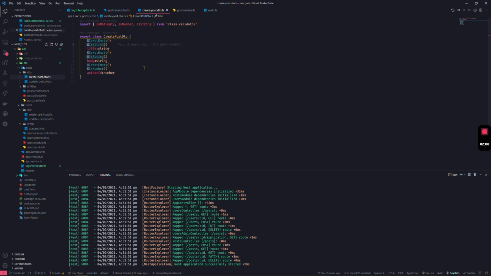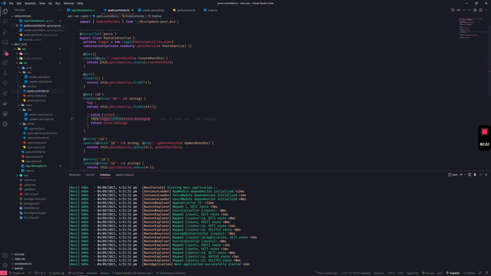So in our create post or any classes that we have, like DTO, what we have is decorators that validate before calling the functions, like the methods. Before this function, it will validate the class itself and run, and then later on, when there is an error, it will throw an error before even calling this function itself. So instead of